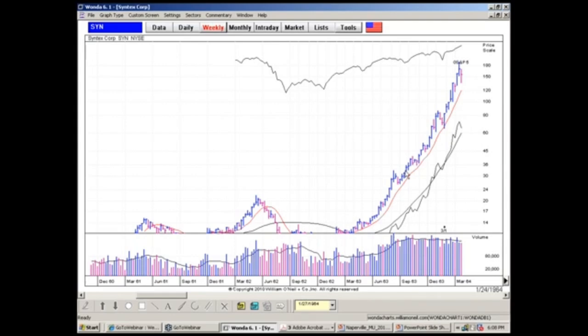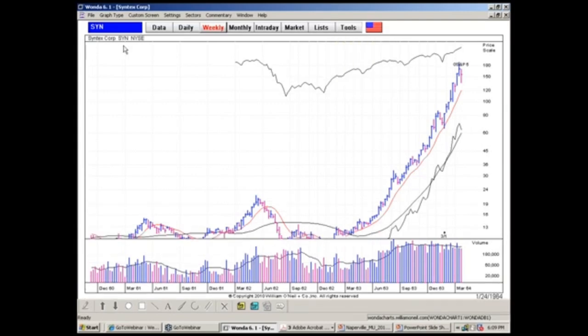I mentioned earlier that you should be buying on a follow-through day no matter what you think. And if you get faked out a couple of times, you still come back the second or third time. You won't be fully invested because you don't buy everything the first day or two. You go little by little.